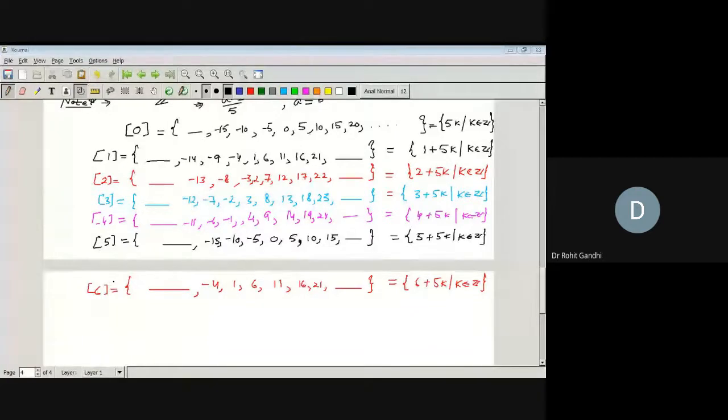Now, what you observe is that there can be many other equivalence classes. If you observe these six equivalence classes, either two equivalence classes are similar to each other or they are disjoint to each other. या तो दो classes जो है वो same है या वो दोनों disjoint है, right? Observe this for 20 seconds. ये जो चीजें मैंने लिखी हैं ये सारी equivalence classes एक बार देखें आप.